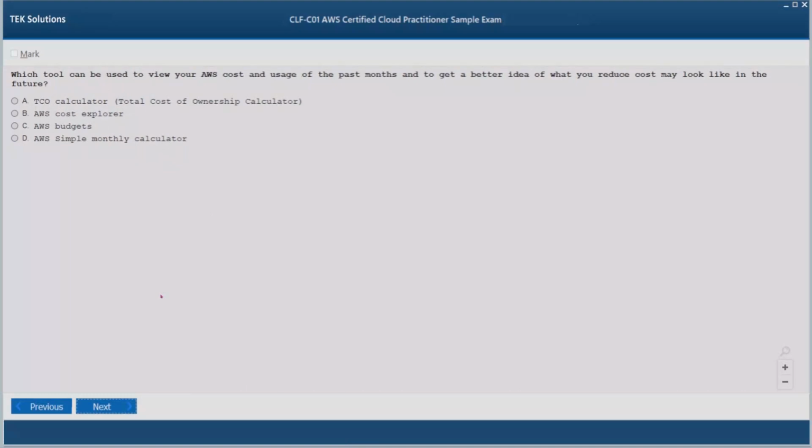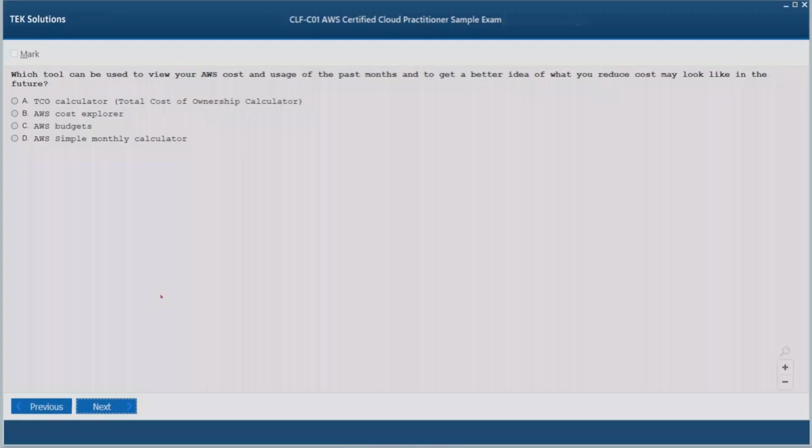Which tool can be used to view your AWS cost and usage of the past months and to get a better idea of what your reduced cost may look like in the future? Option A, TCO calculator, which is total cost of ownership calculator, B, AWS Cost Explorer, C, AWS Budgets, D, Simple Monthly Calculator. Okay, here the correct answer is